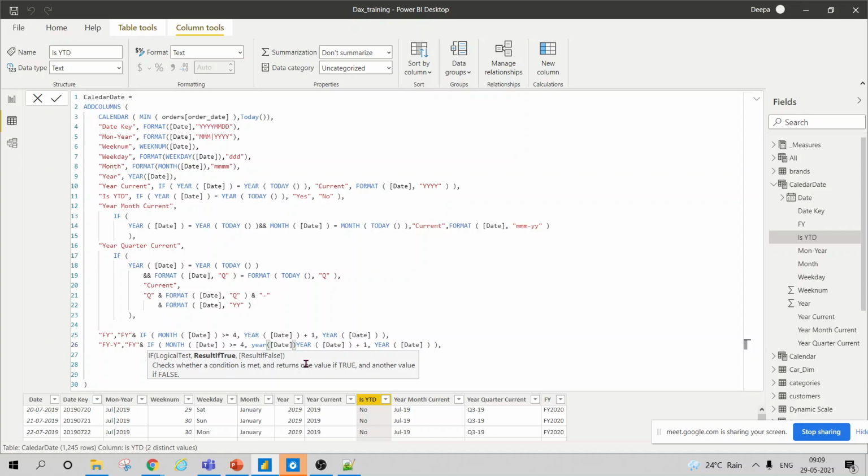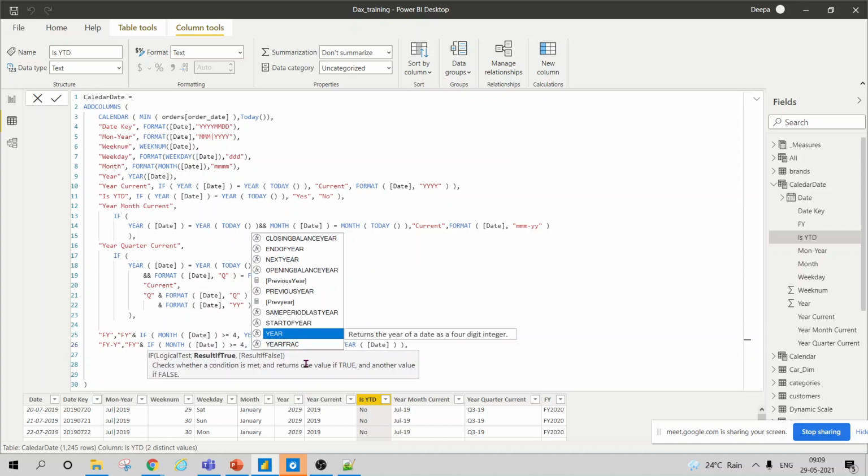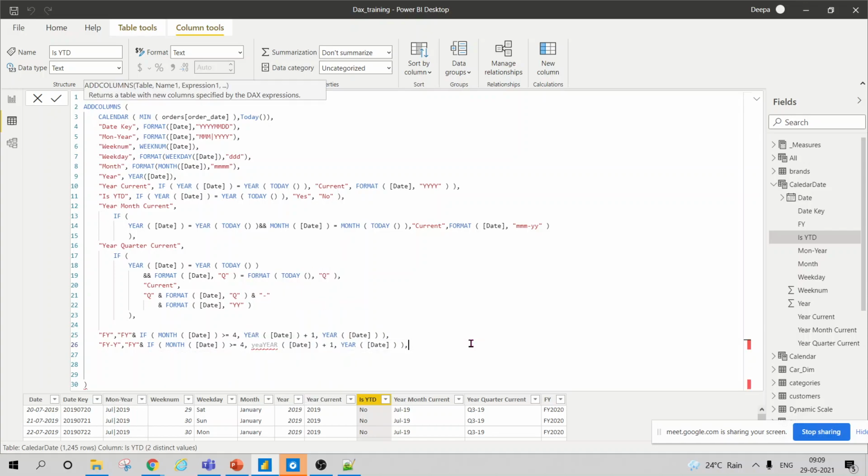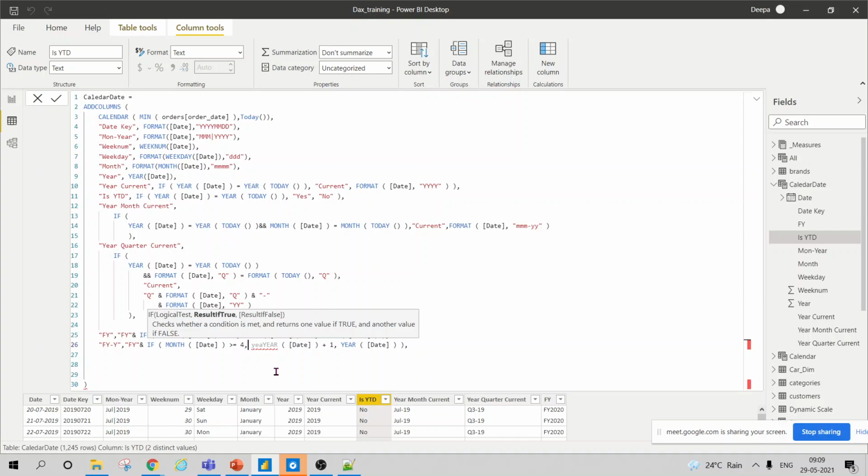First of all, I'm checking if month is greater than 4. Month greater than 4 means it will check for July. It will say yes, month number is greater than 4. Now it will tell me, okay, fine. If month number is greater than 4, then what should I return?